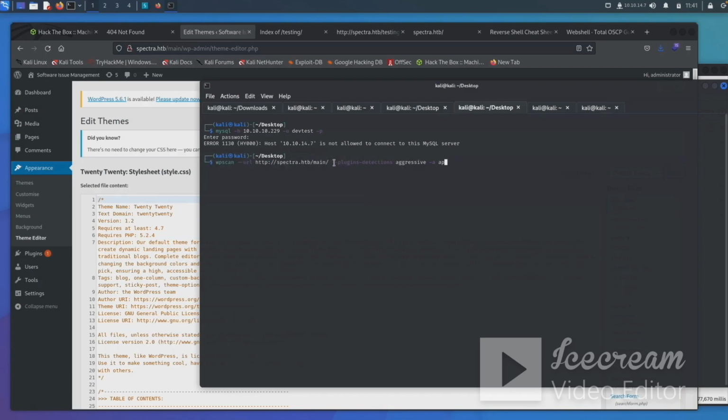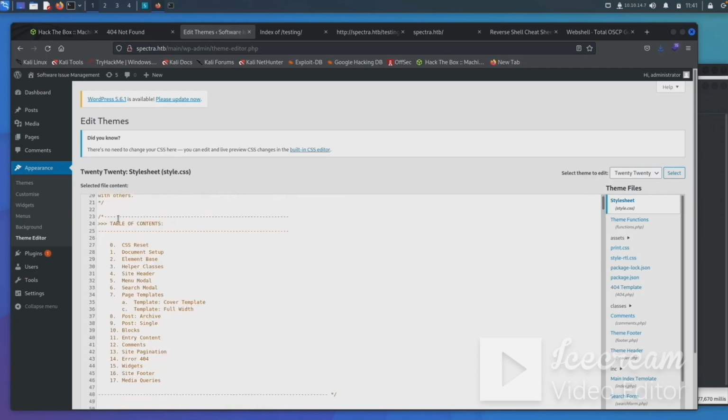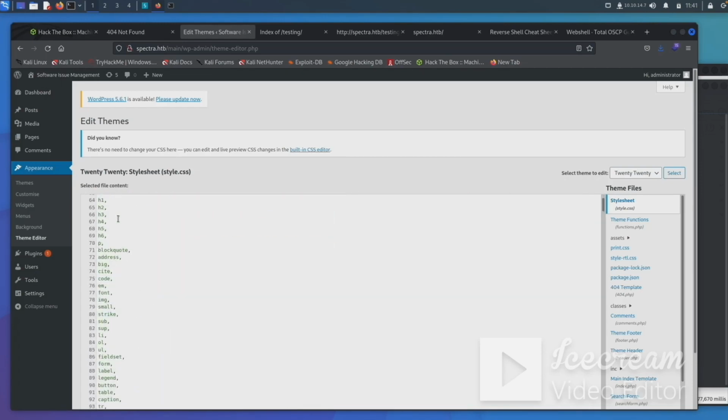And the reason you would need to run this plugins detection aggressive is because we want it to enumerate all the plugins, not just the ones that it finds in the source code. So if you're ever up against a WordPress box, especially in a CTF, this is something you would want to run. But now that this has loaded,